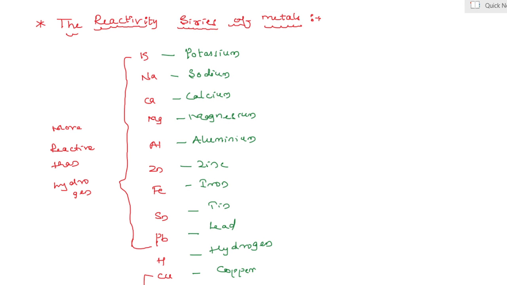In yesterday's period, we discussed the chemical properties of metals. At that time, we discussed how the reaction takes place between metals and oxygen, and what they can form. It means metal plus oxygen can give rise to metal oxide